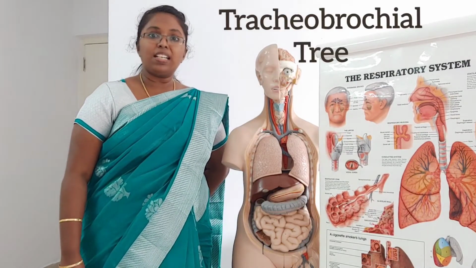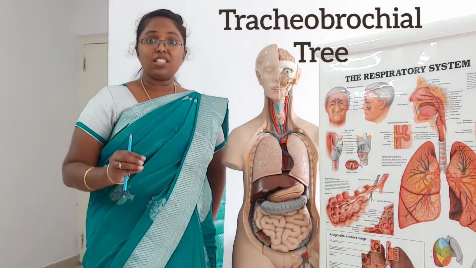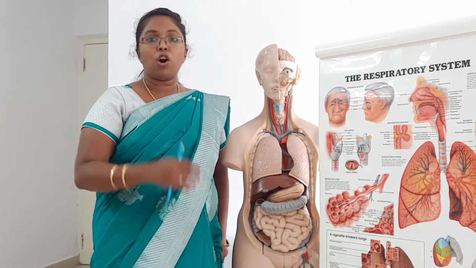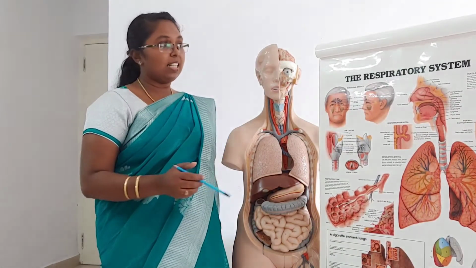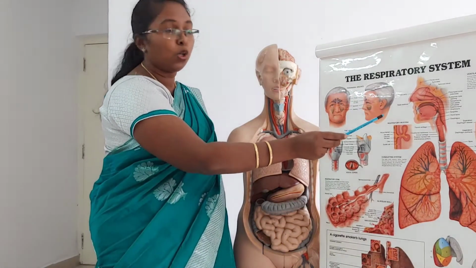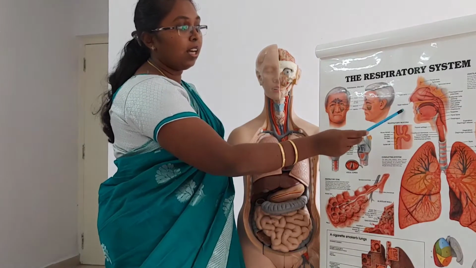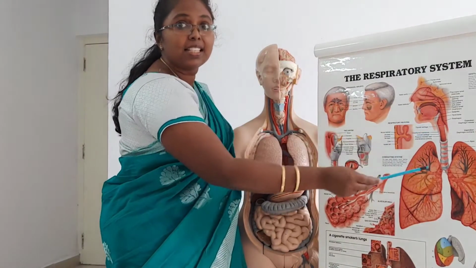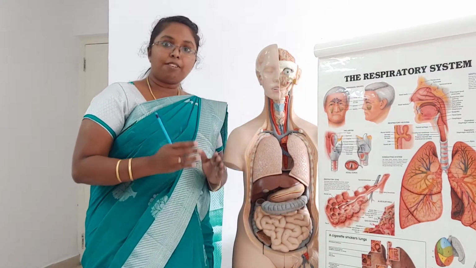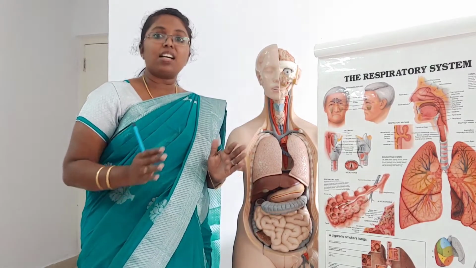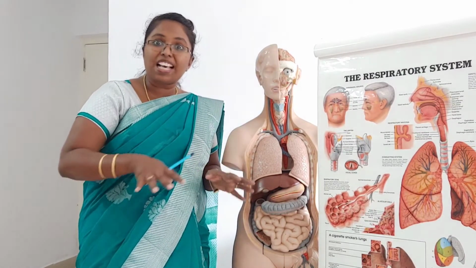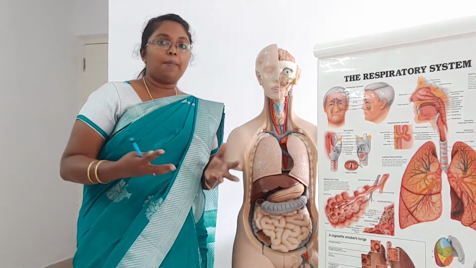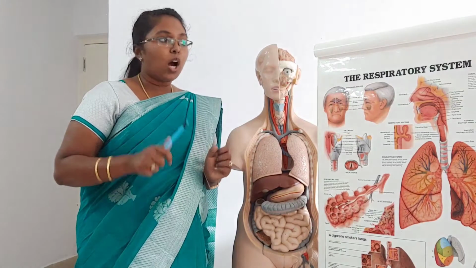The tracheobronchial tree is nothing but how the air goes from the atmosphere to the alveoli. There is a pathway, a step-down pathway, we'll see in this. From the outermost nostrils, it goes to the larynx, then to the pharynx, then to the trachea. From the trachea till the alveoli is the tracheobronchial tree. As I told, it's like the branches of a tree or its roots. So it's like branching, and we'll see how it is branching.